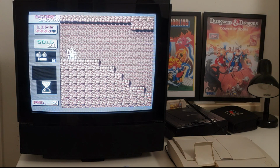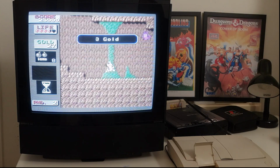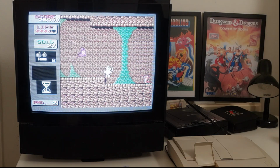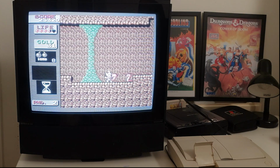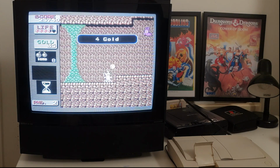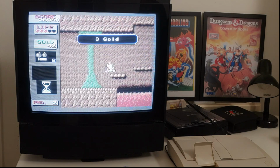It's not too expensive a game. In fact, I did bid on this from an Italian seller, and I think it sold for like 20 quid. So it's not an expensive game. I should have got it, to be honest. I don't know why I didn't. Oh yeah, because if I get that one game, I'll end up getting all of the games. And I just can't do it. Right, okay, let's...